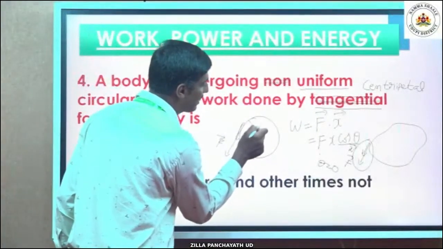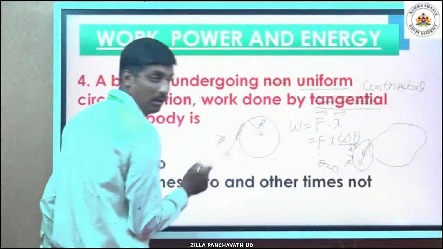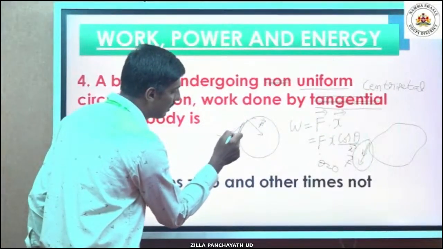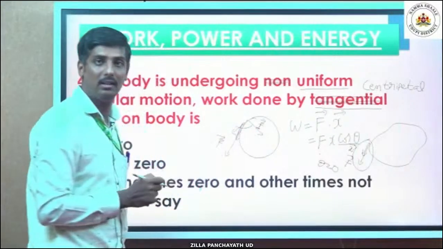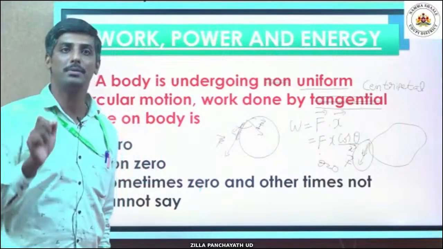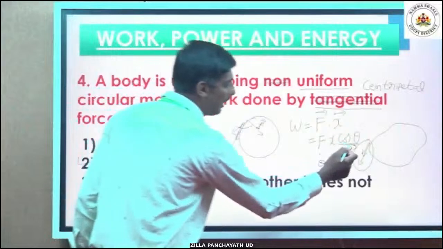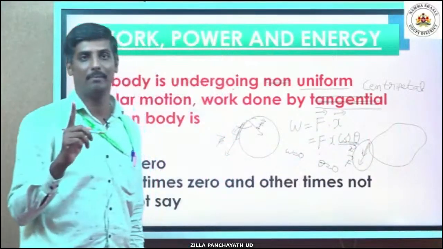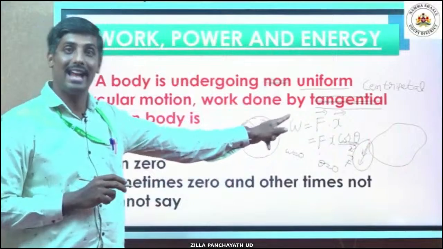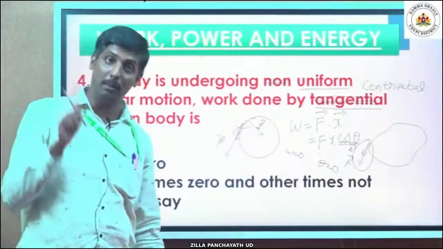Look, this is the centripetal force, but the displacement is acting like this. So what happens? The centripetal force and displacement are perpendicular. Since they are perpendicular, theta becomes 90 degrees, so cos 90 becomes 0. Then work done becomes 0. In the previous problem it was a tangential force, whereas in the centripetal force, work done